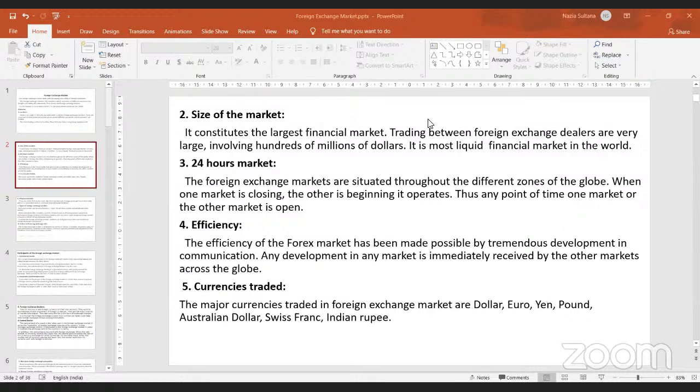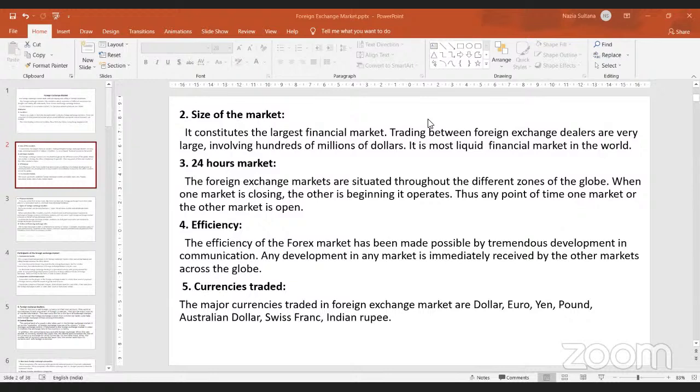Then, as I said, the major currencies which are traded are the currencies of the developed countries of the world, which are more in demand by people across the world. So, somebody traveling to USA would want currency in the form of dollars to be spent there. So, you have to shell out rupees in order to buy dollars. Same way, an importer from India who has to pay an exporter in, say, a European country would have to pay in euro. So you need rupees to be spent in order to buy euros.